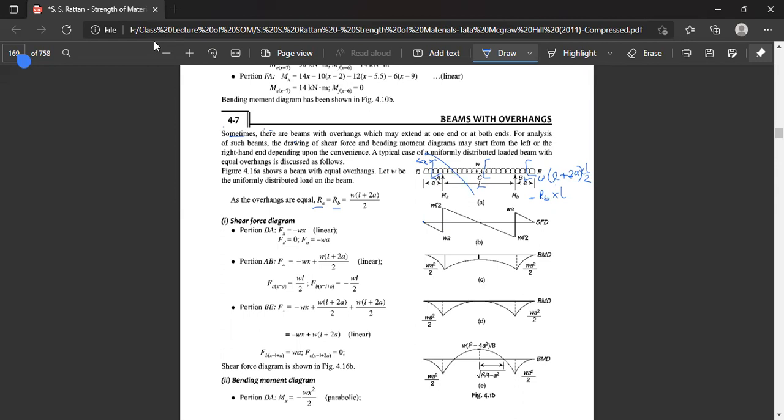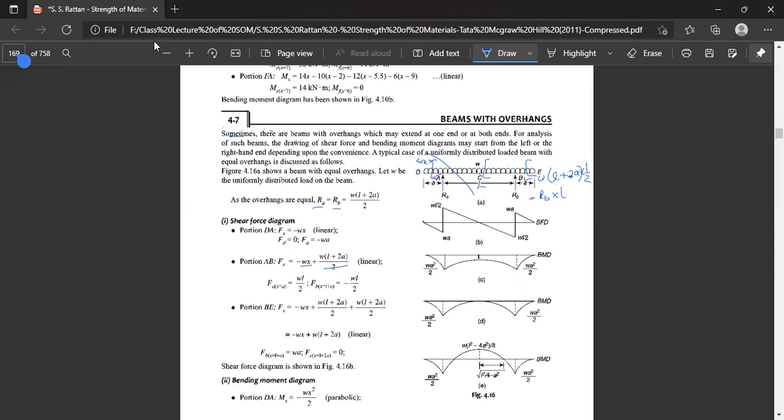So we have only two loads. One is Wx and another is W into (L plus 2A) by 2. If we put the value of x equal to A, meaning we want to know the shear force at the point A, where x is equal to A, the length will be W into A, and thus